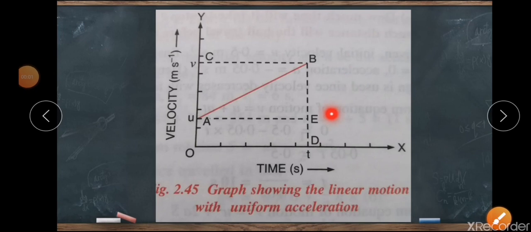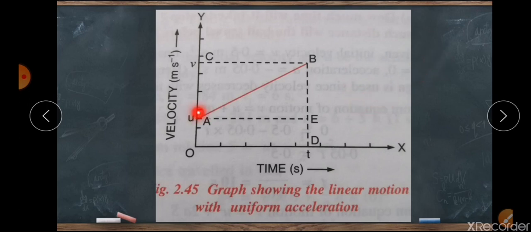Now coming back to the derivation part, as we have told, we are going to consider a body having linear motion or uniformly accelerated motion having initial velocity u, final velocity v in a time t. Now what you have to consider is, when you learn about the graphical representation, the main two points you are learning from the velocity time graph are one about the slope and one about the area under the graph. So those are the two important points which we are going to use today for deriving.